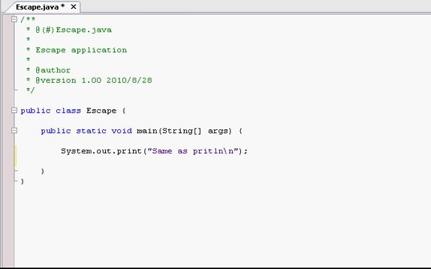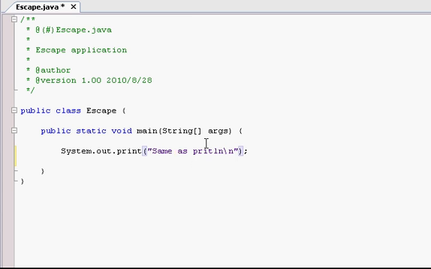So I have a basic example that I made up. I did a System.out.print and I put a string in quotes, and as you can see, this is the new thing that we're going to be learning about, and it's the backslash n. Escape sequences in Java are always defined by that backslash and then the character that you wish to use. So I use the backslash n, which is going to print this out,